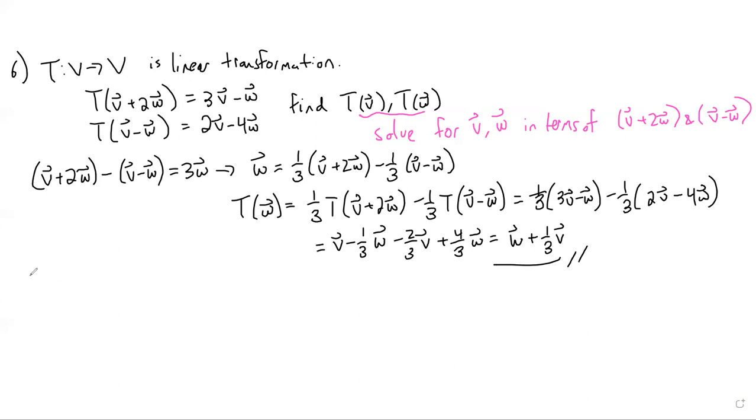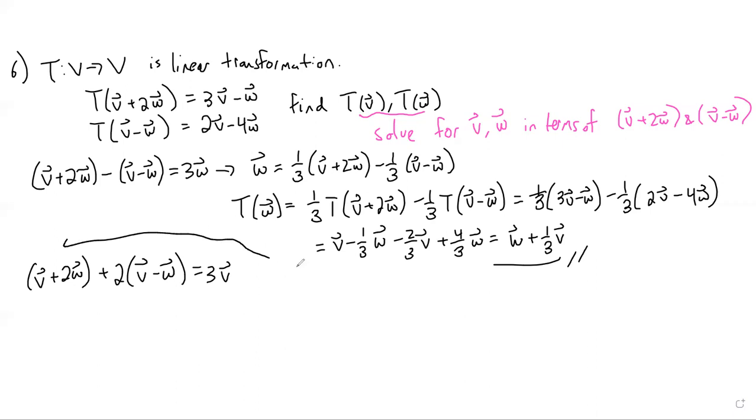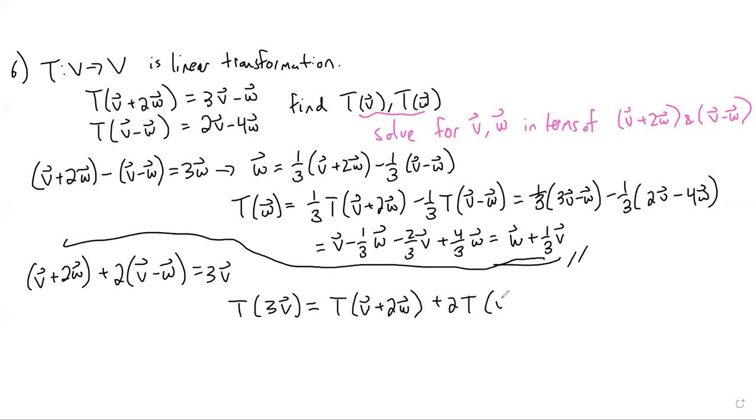So I guess what I'll get is V plus 2W, and if I add 2 of the other one, it's going to cancel the W's for me, and that should give me 3V. So maybe I'll do this one a little bit differently. And so I'll just find T of 3V. Maybe save me some fractions in this one. So T of 3V is going to be T of V plus 2W plus 2T of V minus W, which I know is going to be 3V minus W